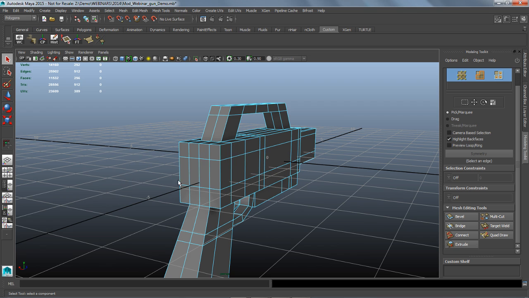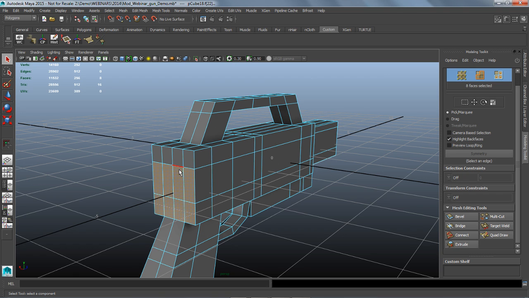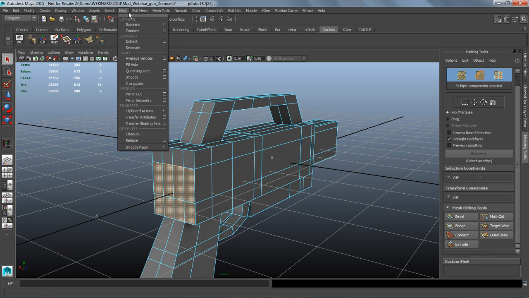Now, what I wanted to show with this, if I just quickly grab this guy, and let's grab this guy. I want to use something that's been in Maya for a while that's actually a really interesting and effective tool. I'm going to grab these edges on the top here, and then if we look underneath our mesh menu set,